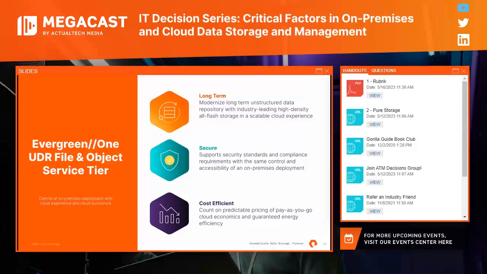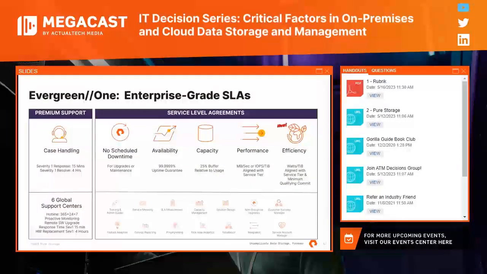Not to mention, it's super dense and ultra-efficient with drastic savings in footprint, energy efficiency, and cooling. Less space needed in your data center and you'll spend less on energy? That's a no-brainer. So let's jump right into the SLAs that you get with your Evergreen One storage as a